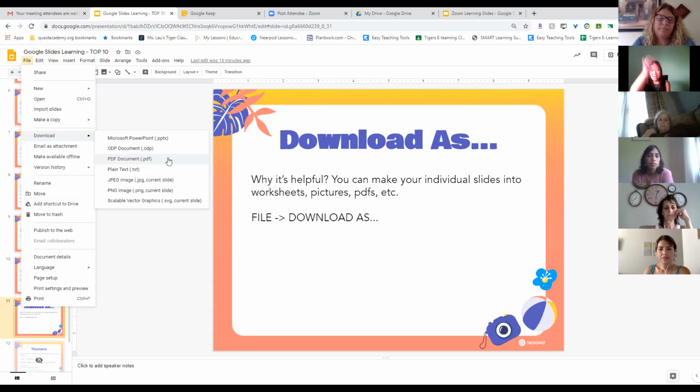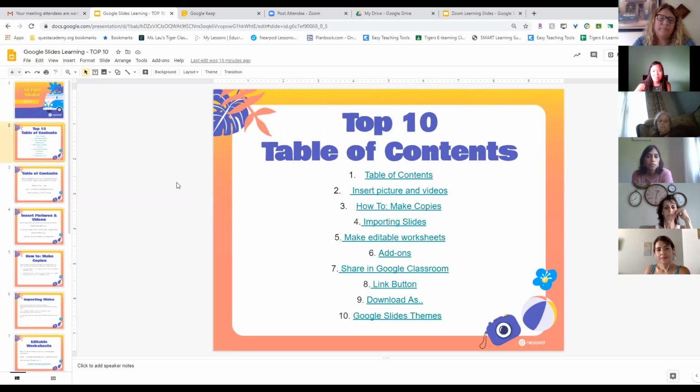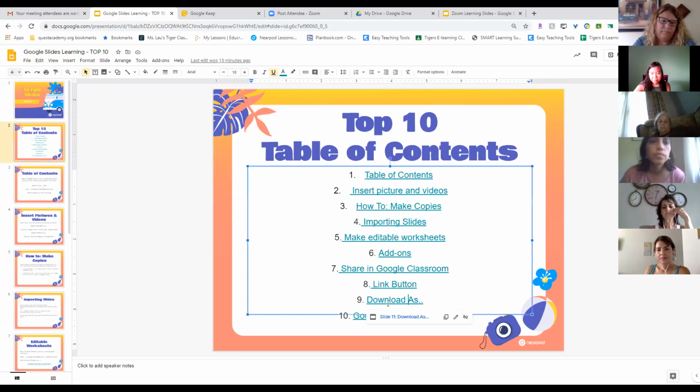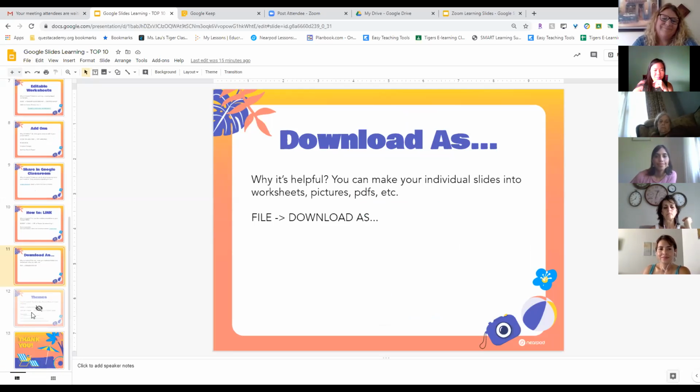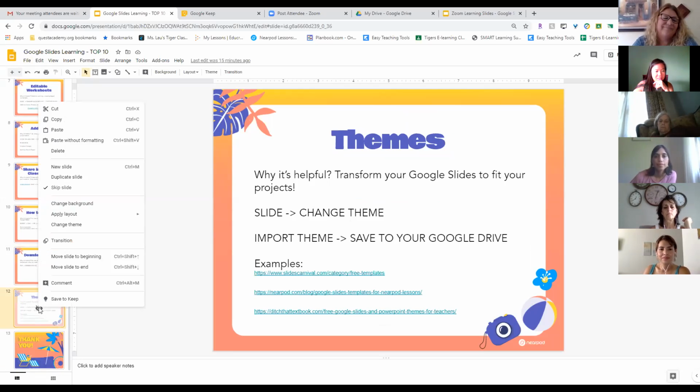Let's say that from all of this, I wanted you all to remember how to do a table of contents. Maybe I'll just download this as a JPEG so that you can use it on your own, or you can share it out. So I feel like downloading is always very useful so that you can pick and choose what you want to save. That's one of my favorite things too. I think there's a lot that you can do with it that I'm not mentioning, but you'll think of a way. So the last thing,